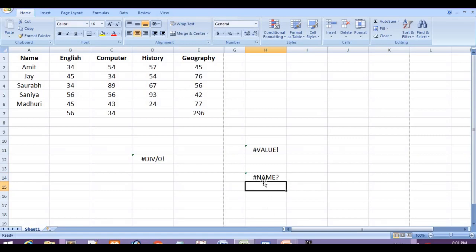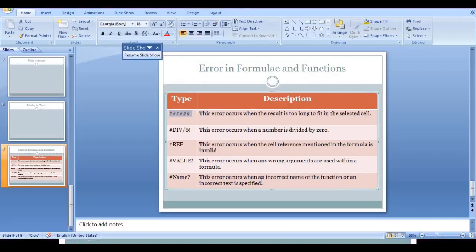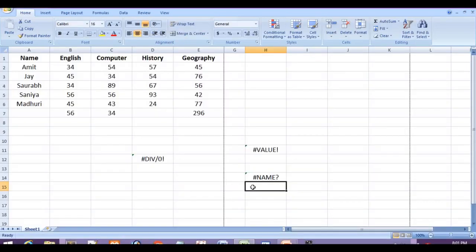Is there any function called SUA? No. When an incorrect name of the function or incorrect text is specified, this type of error occurs, that is #NAME?.